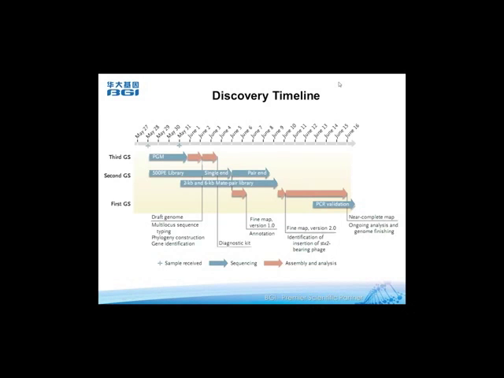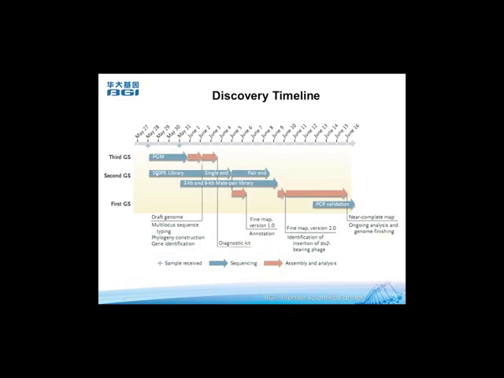So this graph summarizes the discovery timeline. And you will see we first received the sample from Germany on May 28th. And then we did the sequencing within 3 days using the Ion Torrent third generation sequencers. And then we released the data and developed the PCR-based diagnostic kit within a few days.